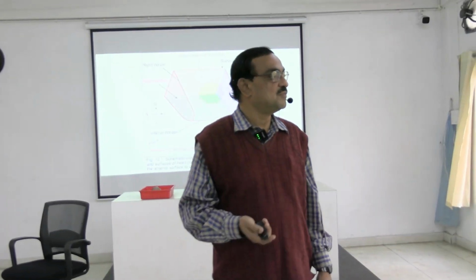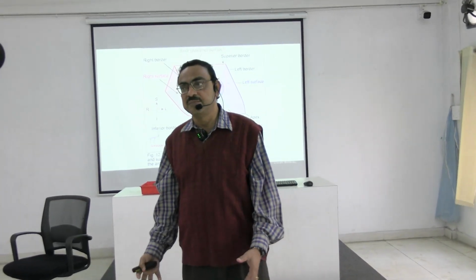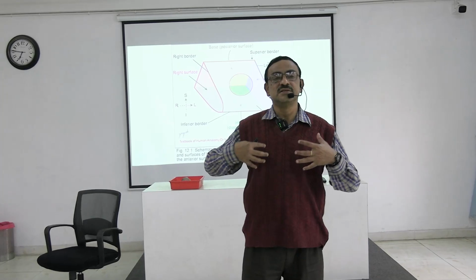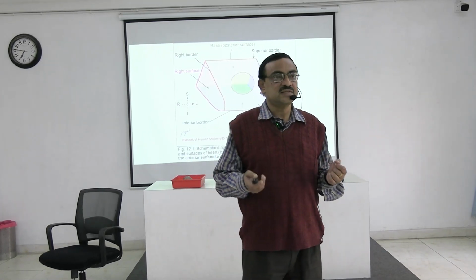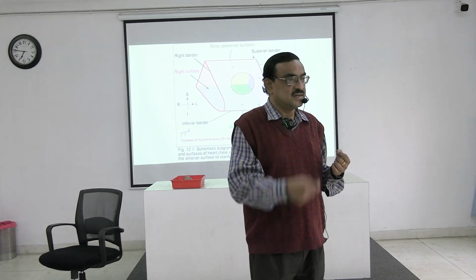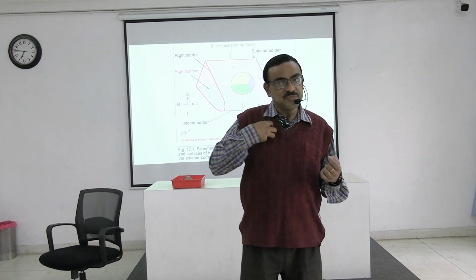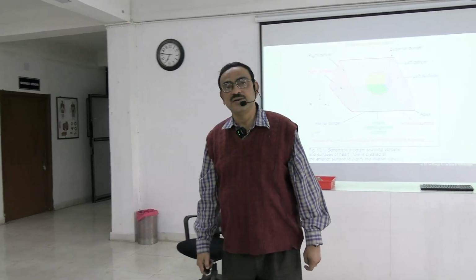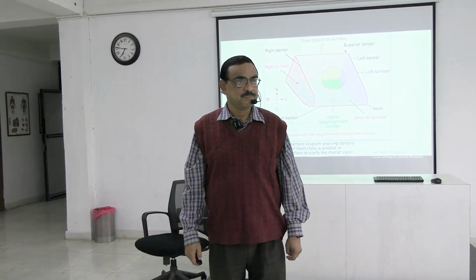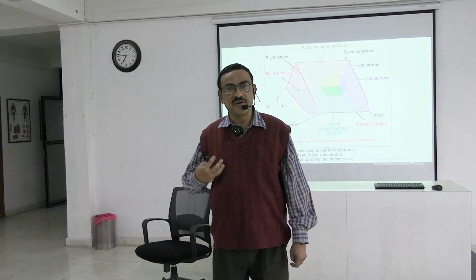That means the superior vena cava and inferior vena cava blood ultimately drains into the right heart, and precisely into the right atrium. From the right atrium, it goes to the right ventricle, and from the right ventricle